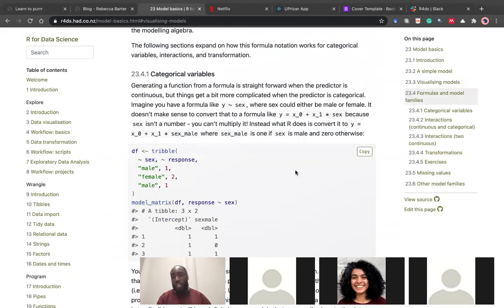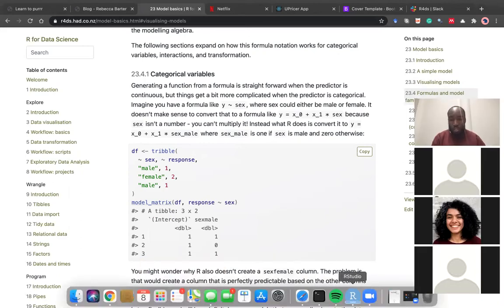So the last part was basically about formulas and model families. Not really much of model families, though. It was about how R deals with categorical variables, interactions, and things like that, and transformations, basically. So one quick thing I can show you here is that